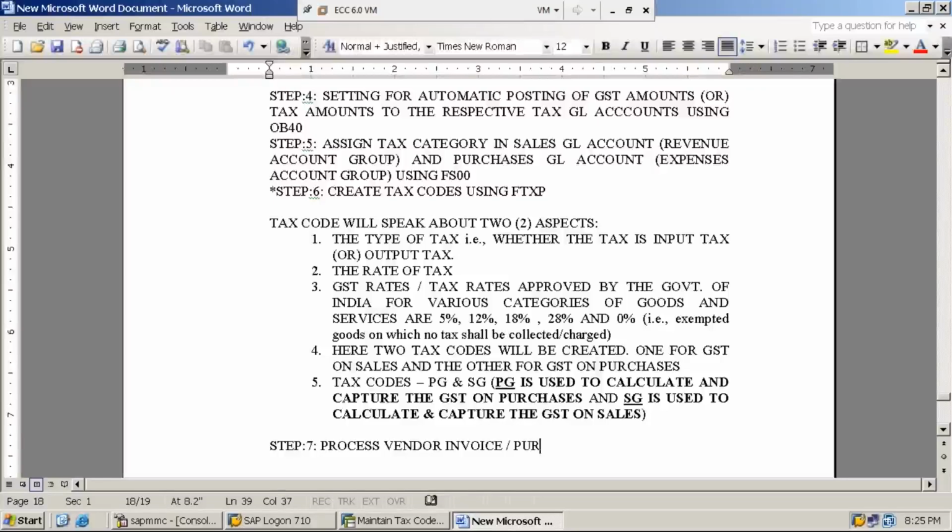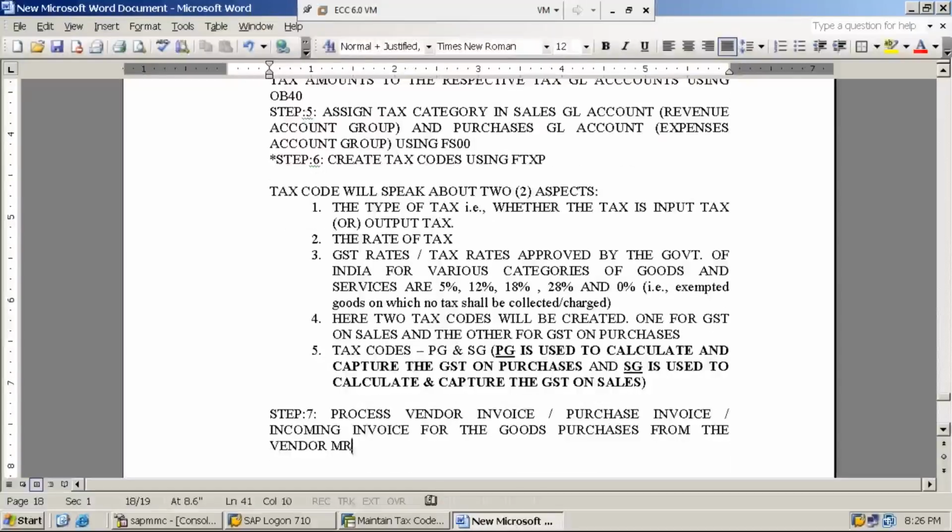Vendor invoice, purchase invoice, incoming invoice, all are same. Process vendor invoice, purchase invoice, incoming invoice for the goods purchased from the vendor